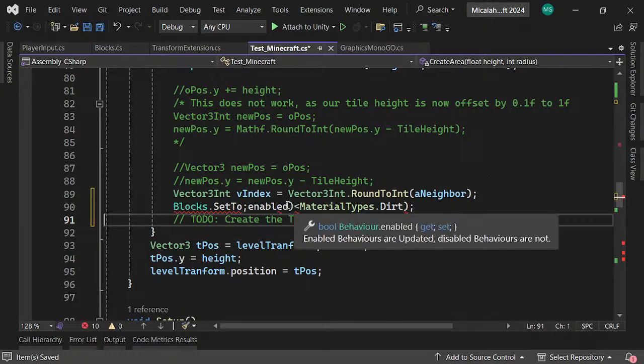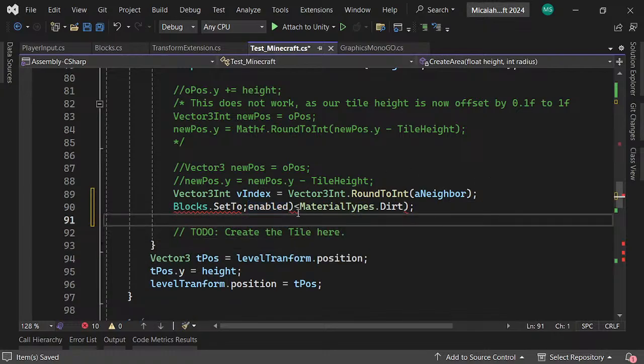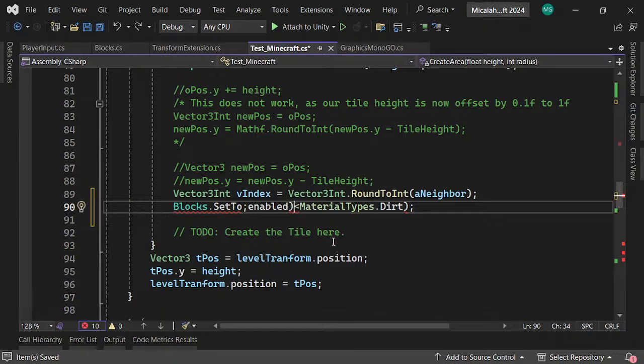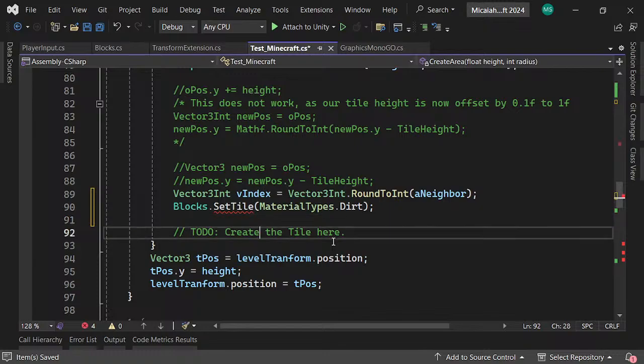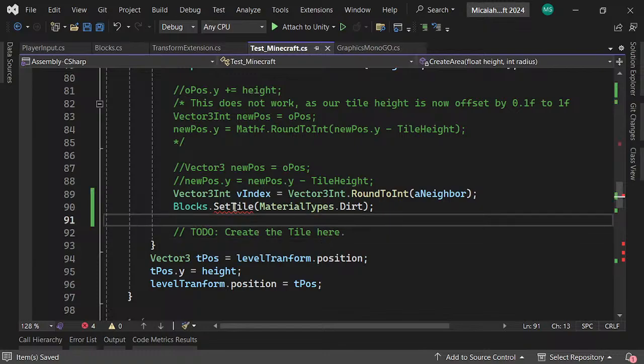Well, set tile the materials dot dirt. Yes. And then from here, we just say, hey,